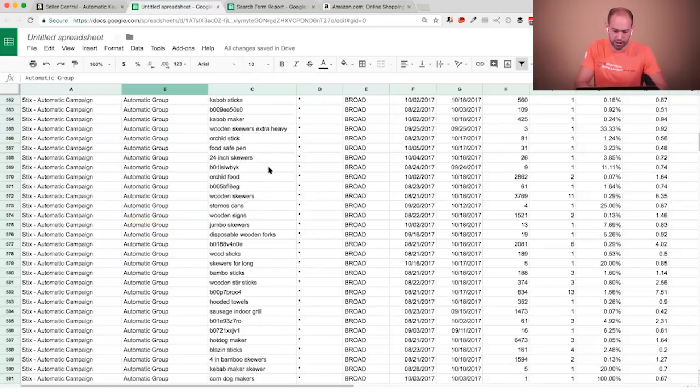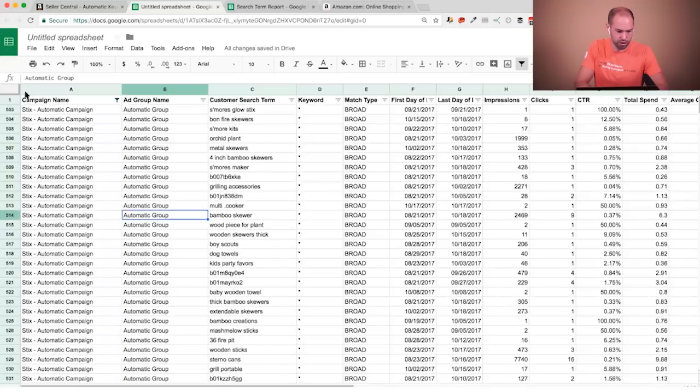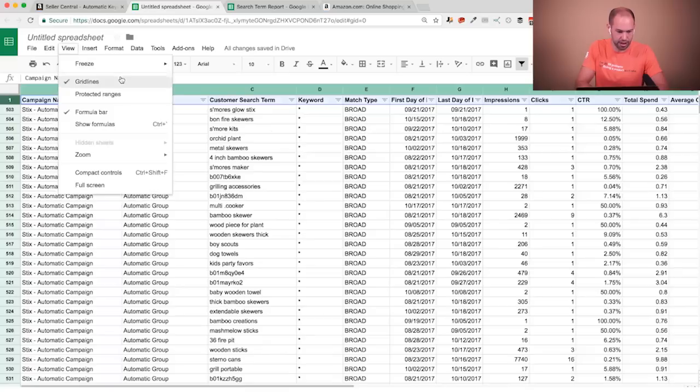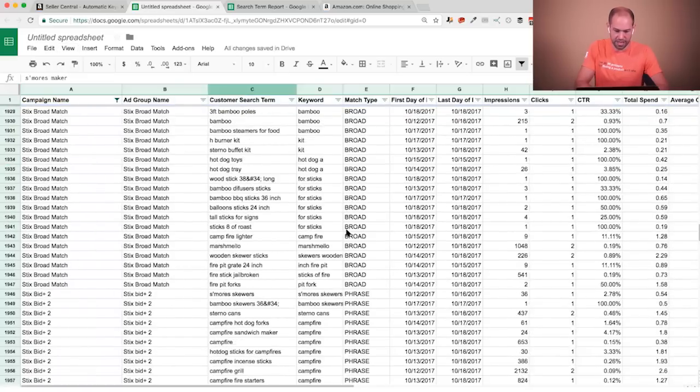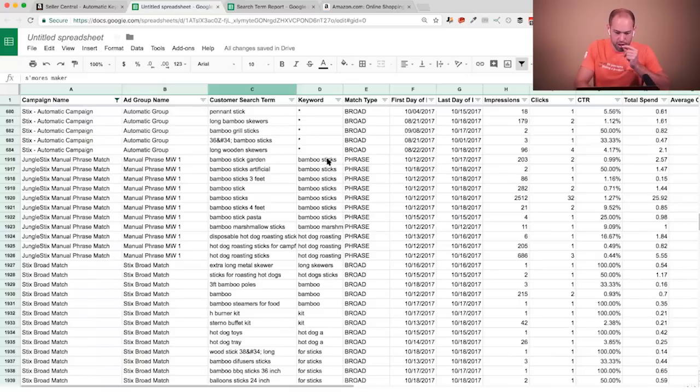For keyword, I'm gonna do one more thing. I'm gonna freeze this top row to make sure you guys know what column we're looking at. I'm gonna skip the asterisk just for a second. So